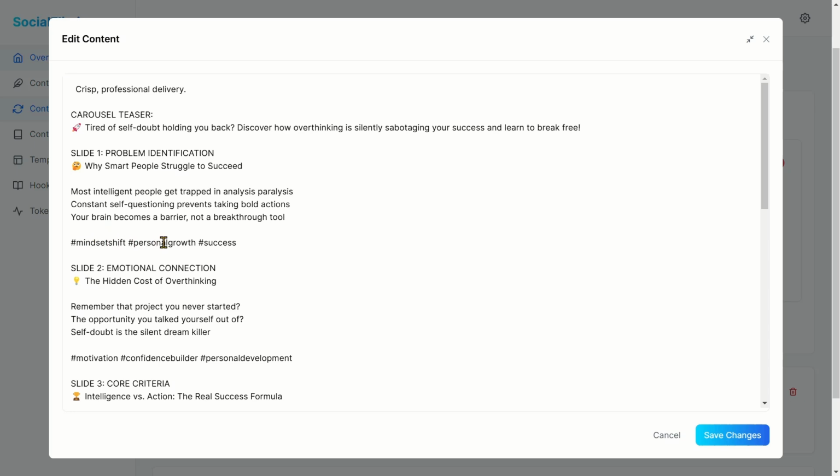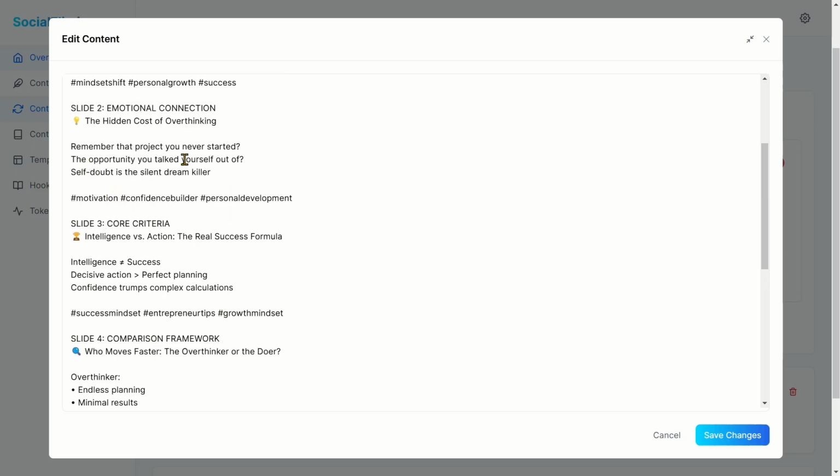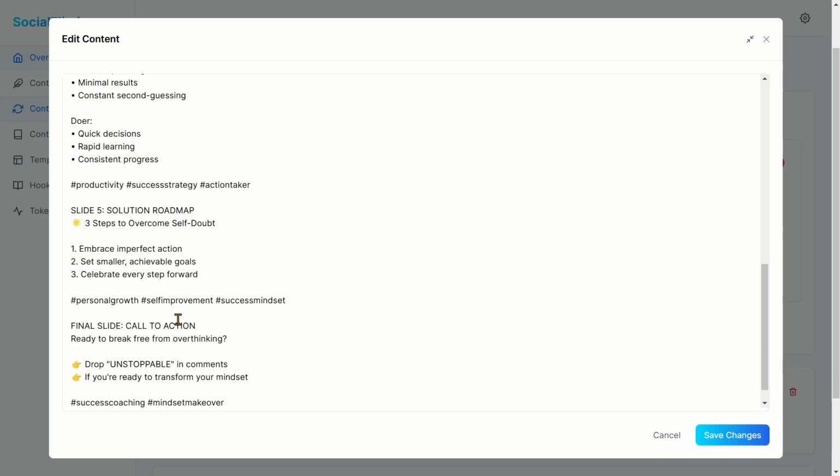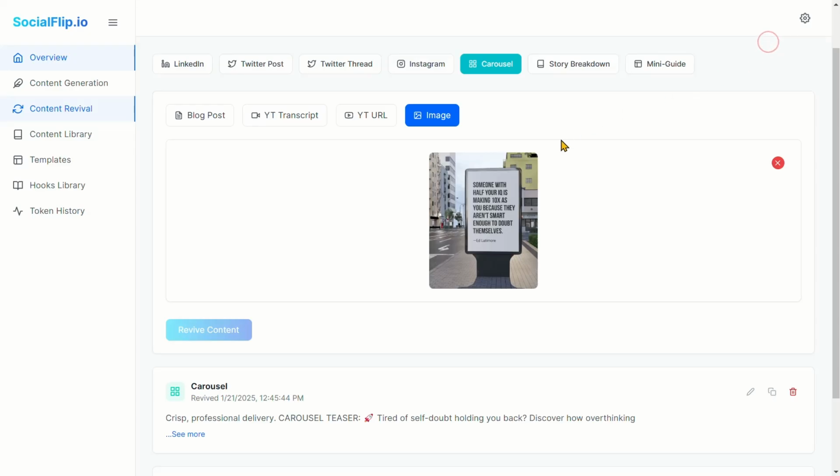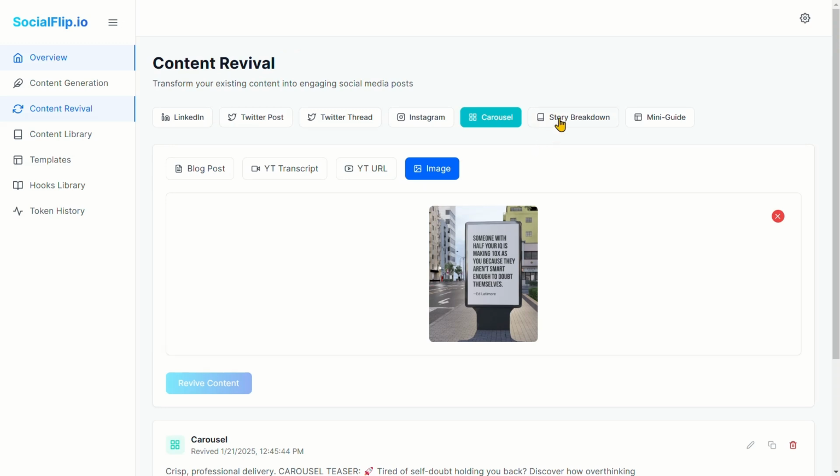Then it gives you your hashtags. Then you move on to the next one, hashtags, next one, hashtags, etc. So you can create anything using an image for social media. You could use this as a story, right? Or you could use it as an Instagram Live and talk about these particular areas when it comes to self-doubt. Your imagination and how you use this tool is up to you, but the simplicity of getting content that's different,